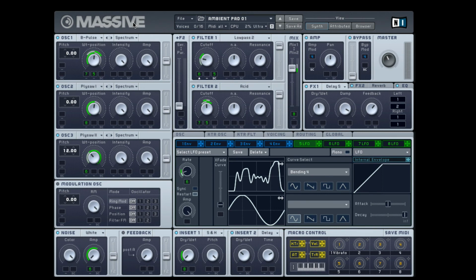I really like this patch. It took me about 30 minutes to make yesterday, but I think I spent 10 minutes just sitting there listening to it, holding that fifth chord. I'll explain this preset to you, but I just decided I think I'll make a making of scratch video for